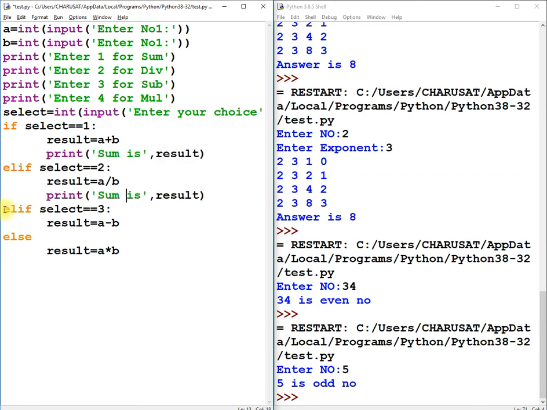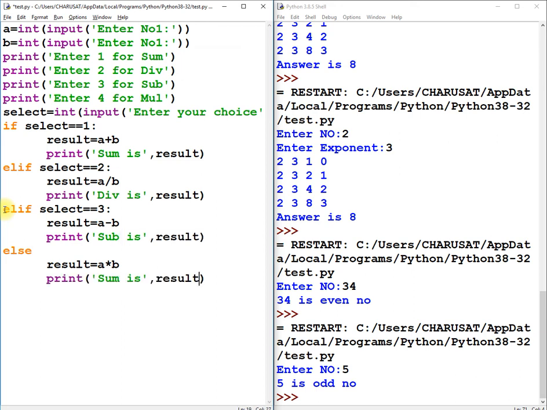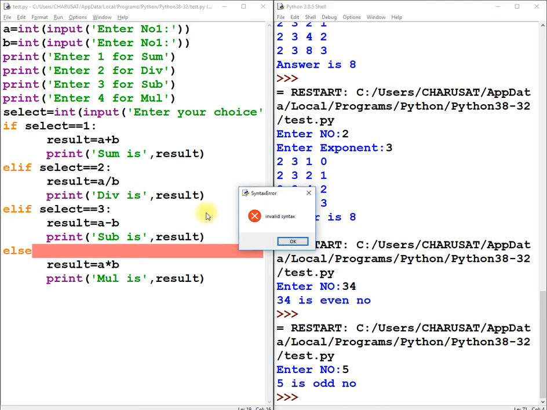Or you can have "division is", or you can print "subtraction is", or you can print "multiplication is". Okay, I am running this code.